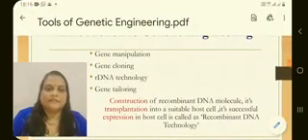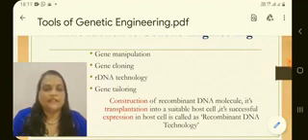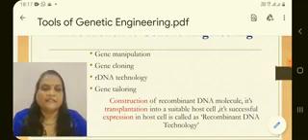Now let us start with the introduction to genetic engineering. Genetic engineering, the term is self-explanatory. Genetic indicates something to do with heredity and variations. Naturally, it is pointing towards the genetic material, that is deoxyribonucleic acid, DNA. And engineering indicates designing, manipulation or construction. In the process of genetic engineering, we manipulate the DNA, or you can say we design genes. We design the required genes, or we construct recombinant DNA.